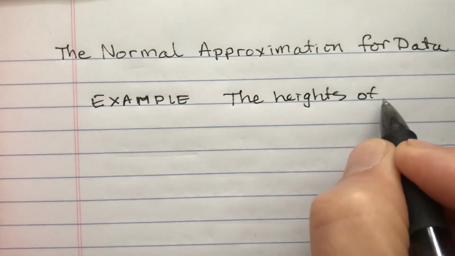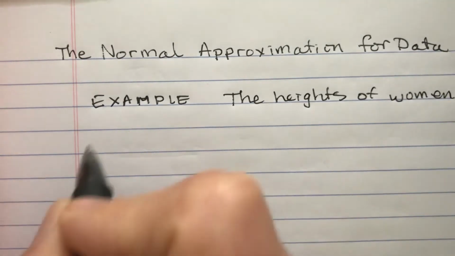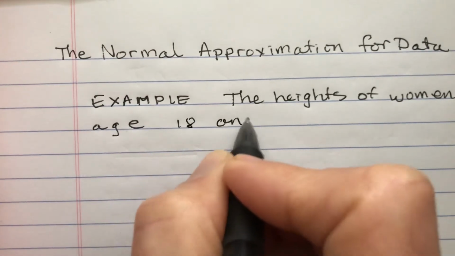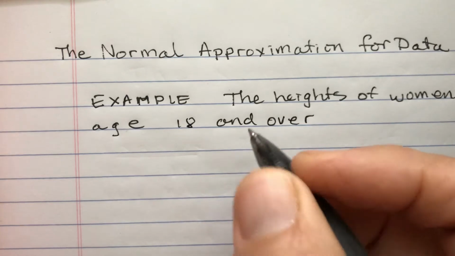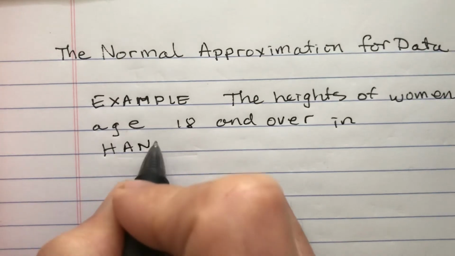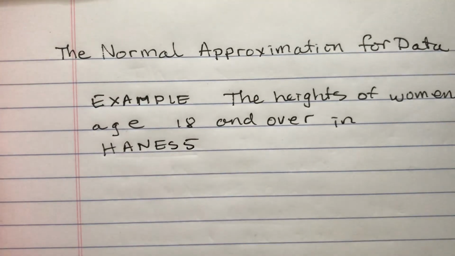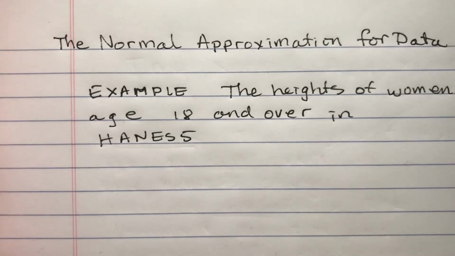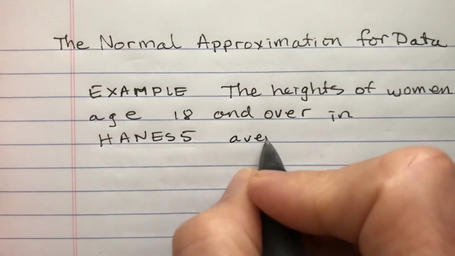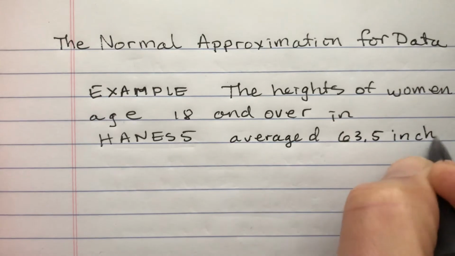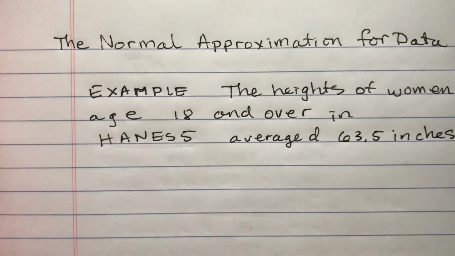of women age 18 and over in a study which is called the Haynes 5, which is a study of the height of women, it was done in 2003 in the United States, averaged 63.5 inches. So this is the average height of women in the United States in 2003, according to the study,